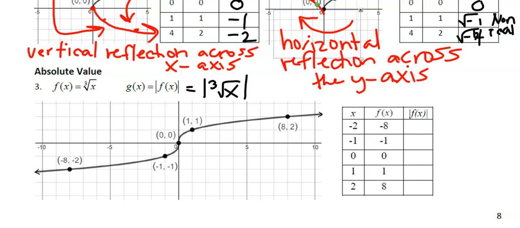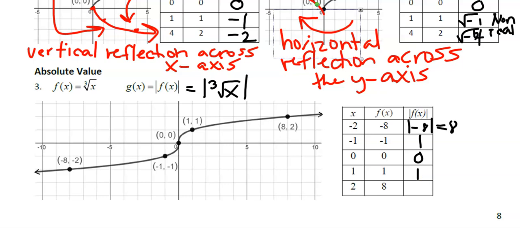So, if we go to the table of values, you see the points that I've already plotted for this graph. Now, if we take the absolute value of f of x, that would be the absolute value of -8, which would be 8. And the absolute value of -1 would be 1. The absolute value of 0 is 0. The absolute value of 1 is 1, and the absolute value of 2,